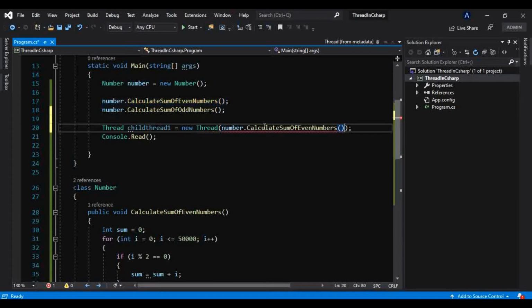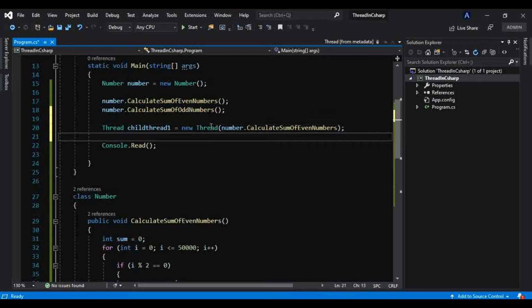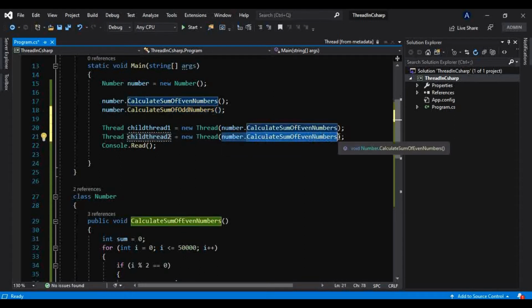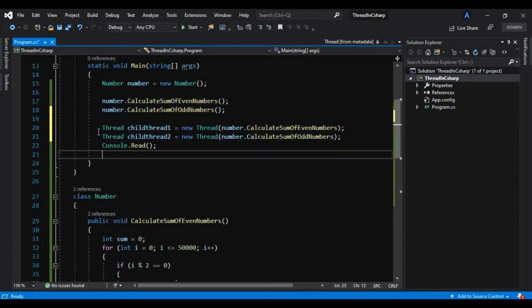We know this method also has a return type of void and takes nothing, so we can call that. Okay, and similarly I will create another child thread, and I will pass the calculate odd numbers method in this separate thread. Okay, so now we have two child threads, each having one method to be executed.